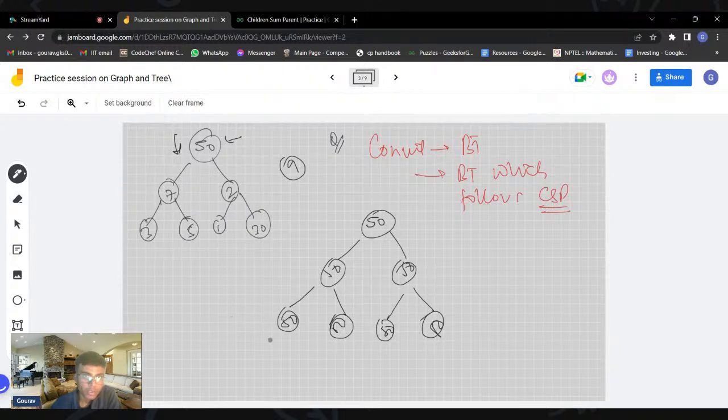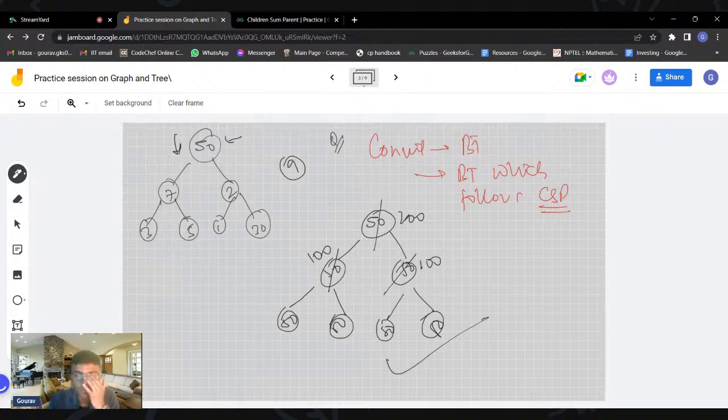Now what will I do? I will just move back. So I see 50 plus 50 is equal to 100. So I will increment this value to 100 and I will also increment this value to 100. After that I see that 100 plus 200 is 200 and I will increment this value to 200. So finally, our tree is looking something like this, and this tree is actually satisfying the children's sum property. So, did you see the algorithm which I used?